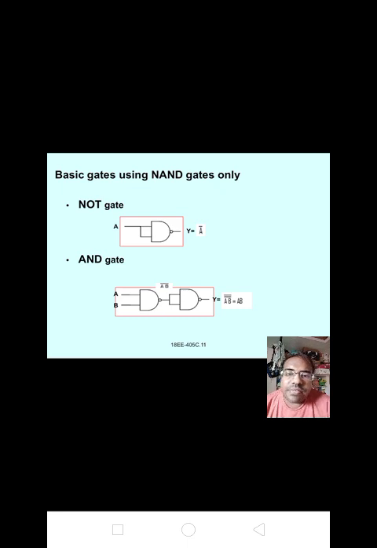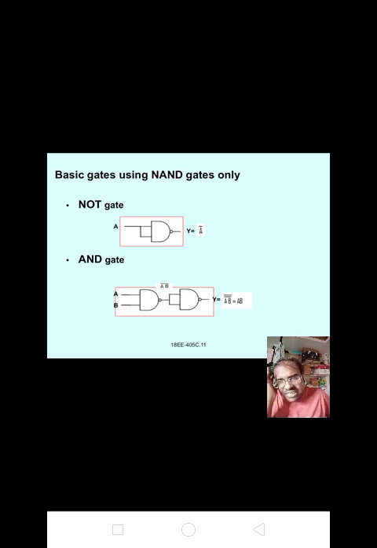That is the NOT gate. See here, the NOT gate has only one input. So here we are taking only a single input for the NAND gate, that is A is the input and the other input is directly connected to A. If we connect the single input directly to both inputs of the gate, we get the output Y equal to A bar. Here we generate the NOT gate using NAND gates only.